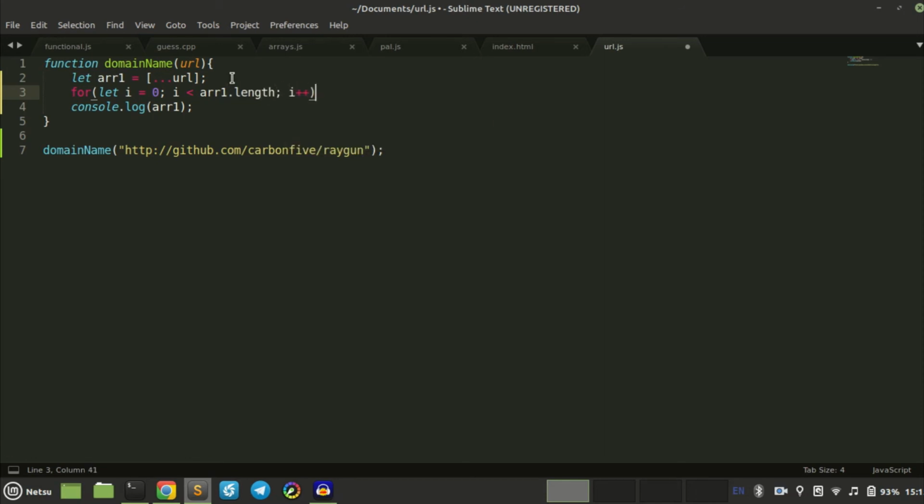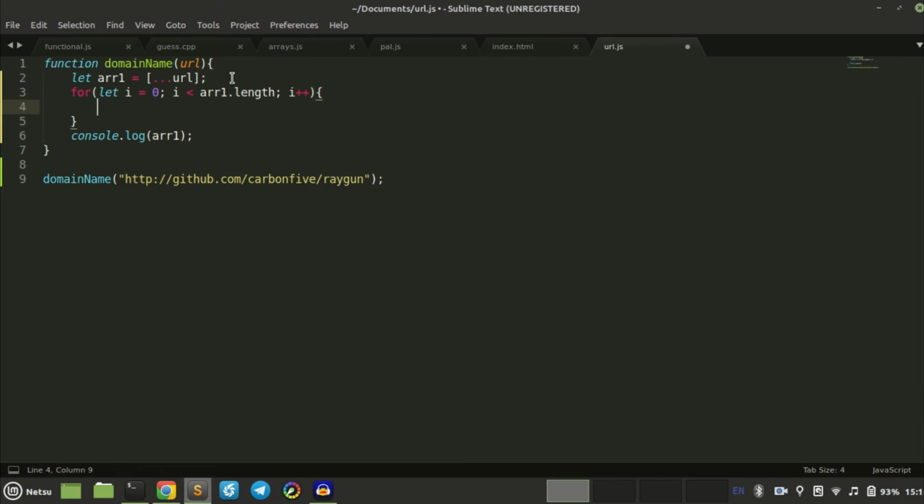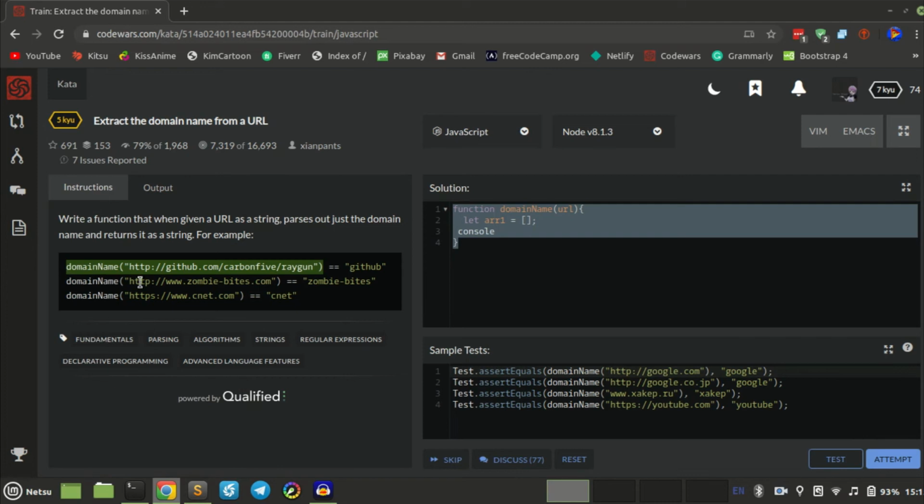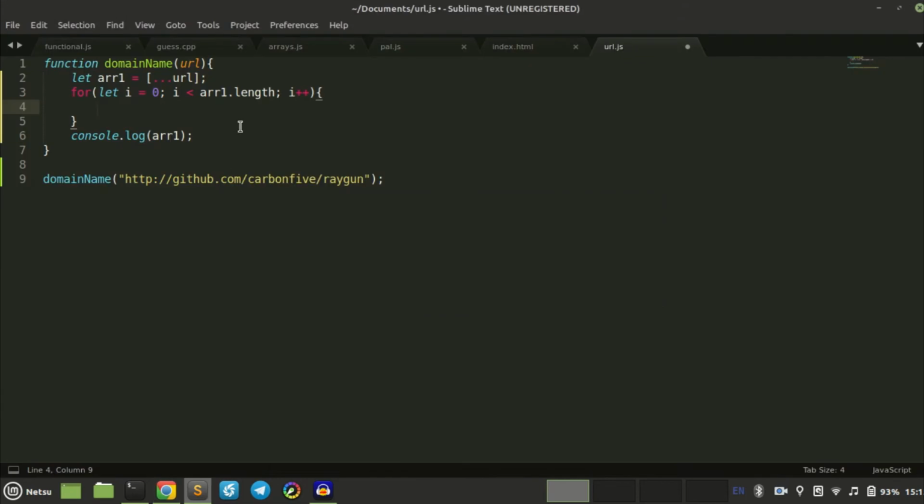So first thing it will do, because if we look here, this one does have a double slash. So yeah, we're going to have to find this one. So then if r1 at index i is equal to slash,